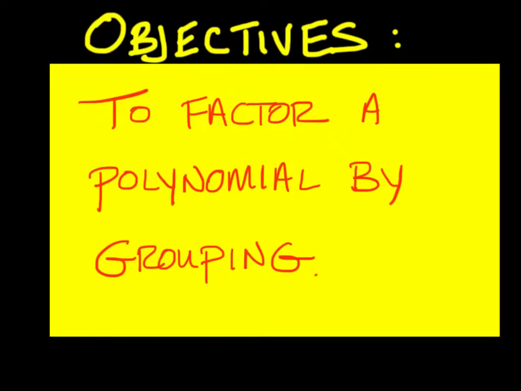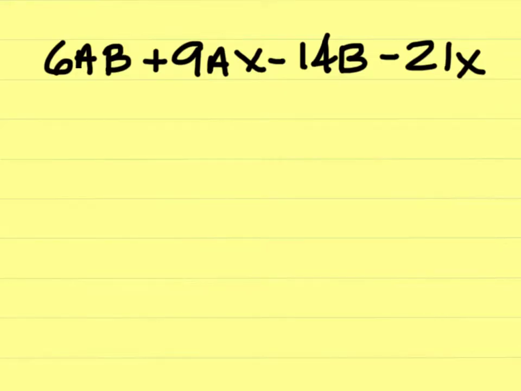To factor a polynomial by grouping. Here's an example: 6ab plus 9ax minus 14b minus 21x. You want to try to group these together such that you can factor out the most number of items from